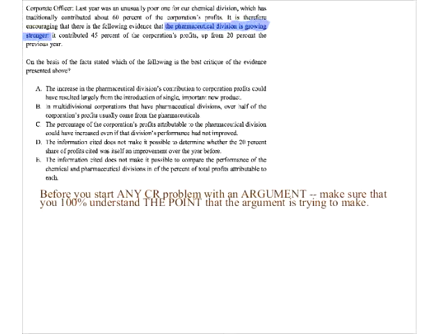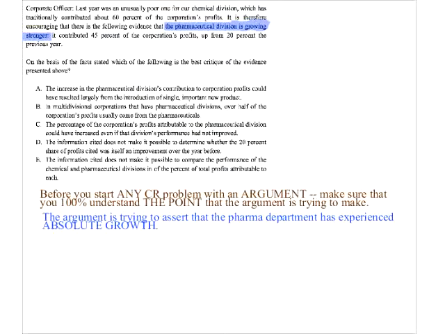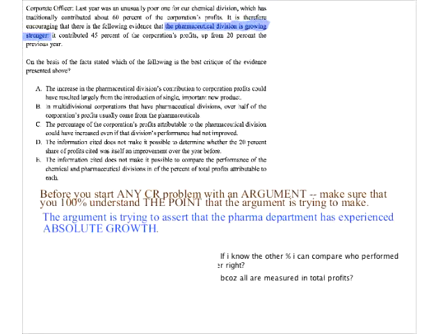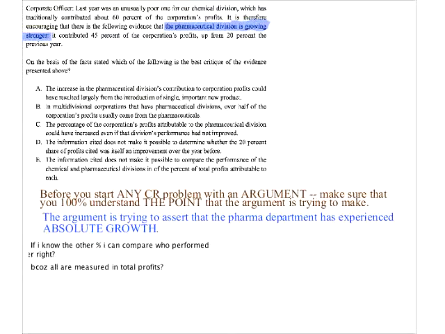The argument is trying to assert that the pharma department has experienced absolute growth, because that's the only reasonable way to interpret that blue statement up there, and that's the conclusion of the argument. So one student is typing the following, and I can see what you're talking about, but it still doesn't address the issue, because even if you know all of the percentages as hard numbers,